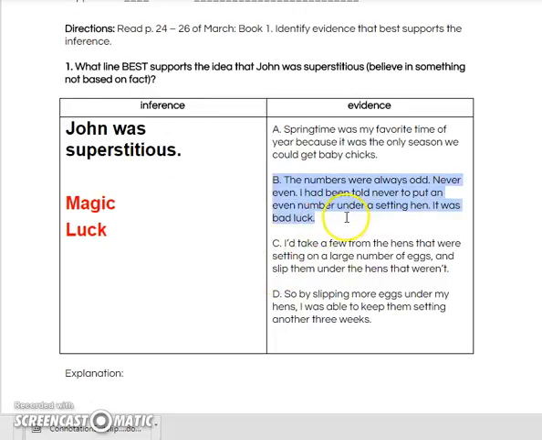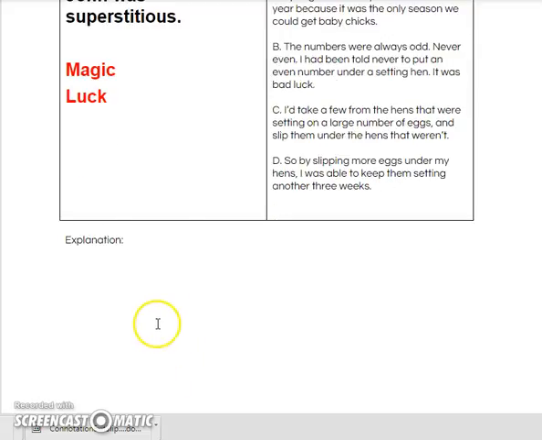The numbers were always odd, never even. I'd been told never to put an even number under a setting hen. It was bad luck. Why is my answer B? What's my explanation? Well, I might put something like